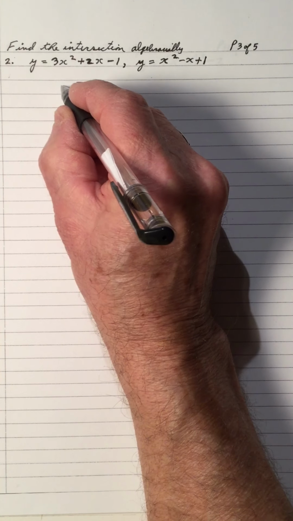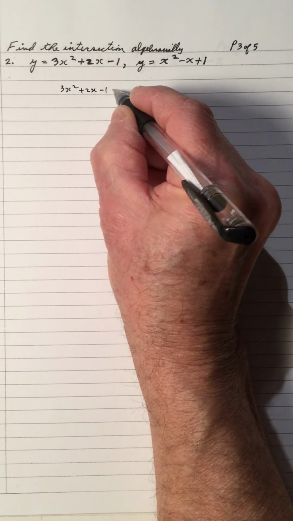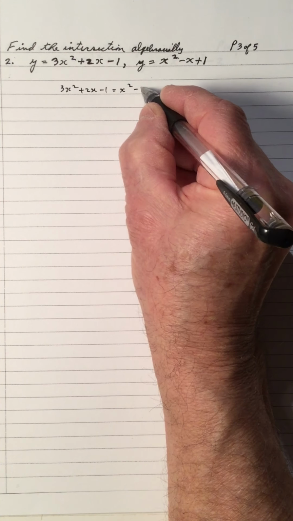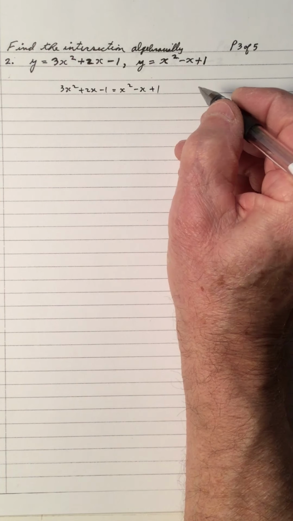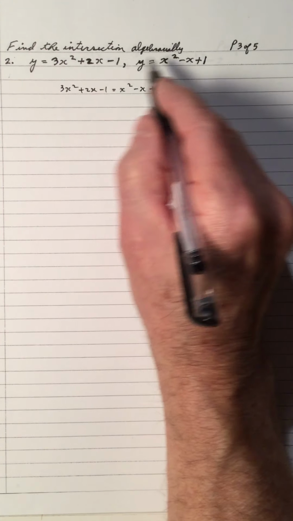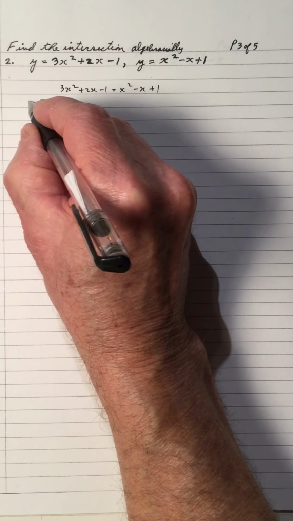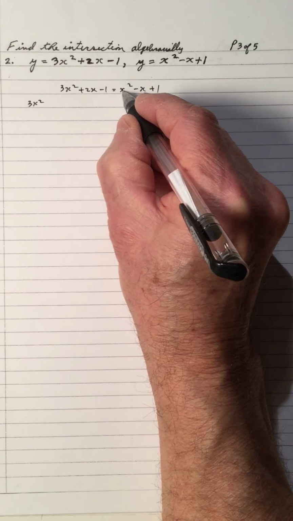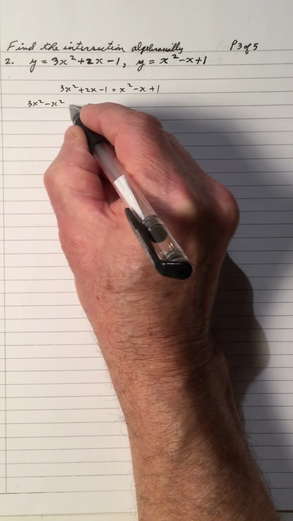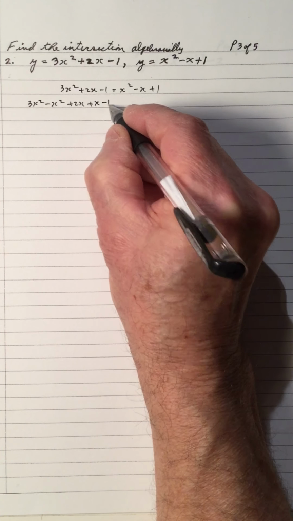And so we let 3x squared plus 2x minus 1 equals x squared minus x plus 1. Because they're both equal to y, we'll let the expressions in terms of x equal each other. So 3x squared minus x squared plus 2x plus x minus 1